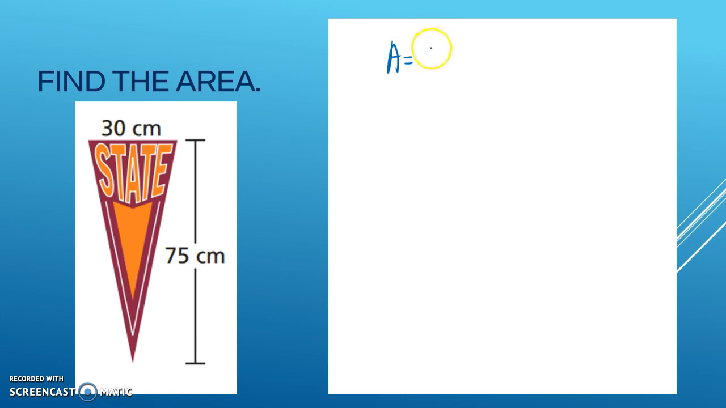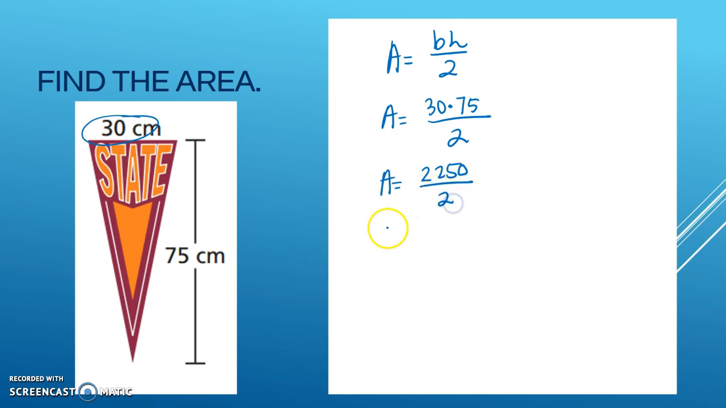Okay. So I'm going to do base times height divided by 2 for this one. So I've got my base is 30 centimeters times my height, which is 75. Divide that by 2. So it's going to be a larger number, but we are only talking about centimeters, so the actual length isn't that big. We've got the area equals 2,250 divided by 2. And this number isn't too bad to divide in half. So you get